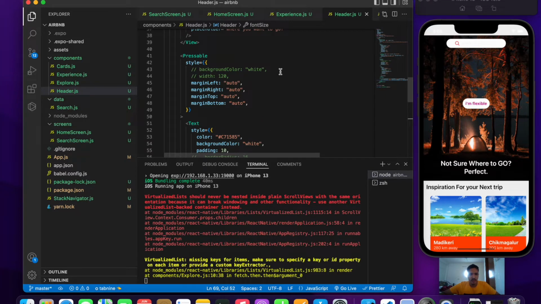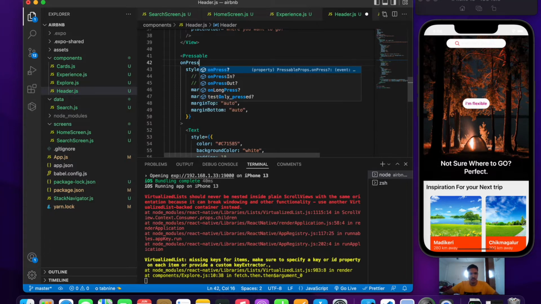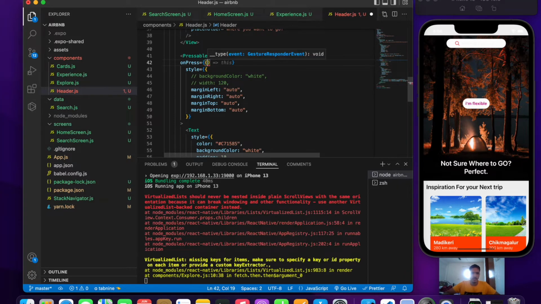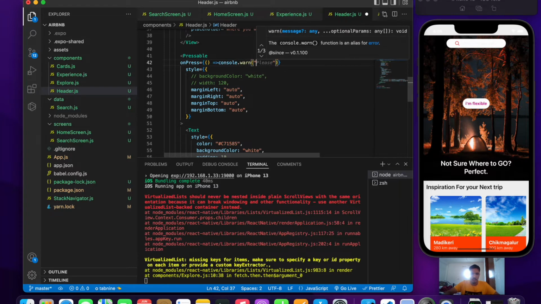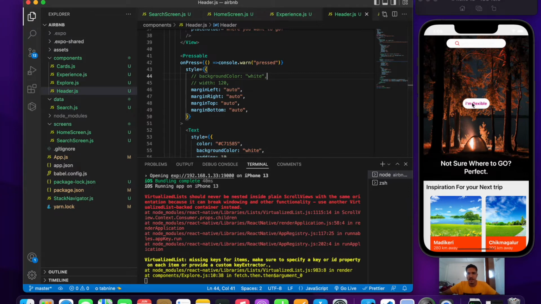So first let us give an on press to this. This takes a function. First let's console.warn pressed and save. If I click on flexible,